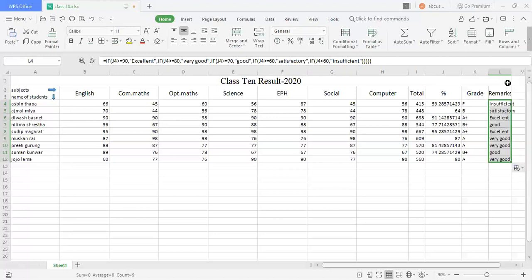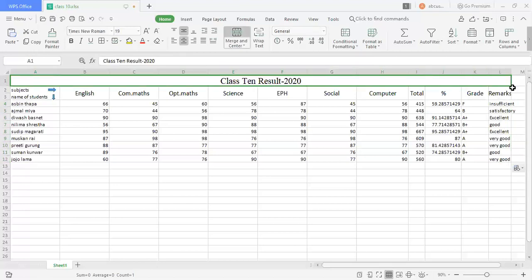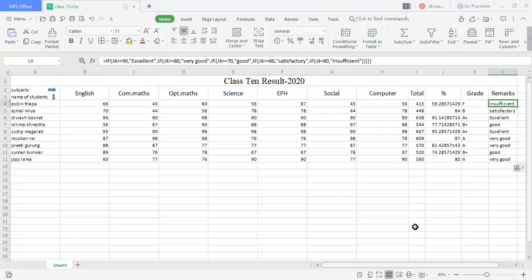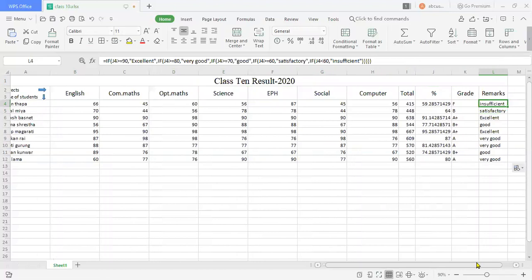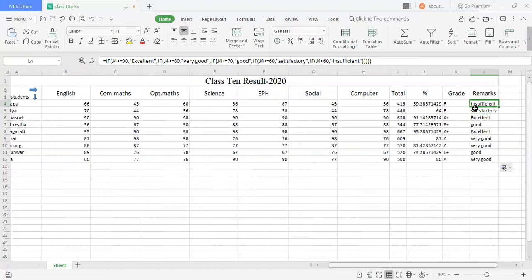The text is not exactly fitted, so we can extend the size of the cell. Finally I have prepared this mark sheet with total, percentage, grade, and corresponding remarks.